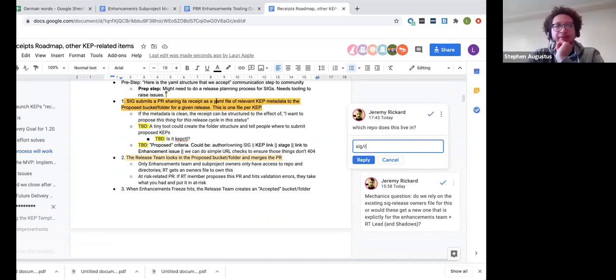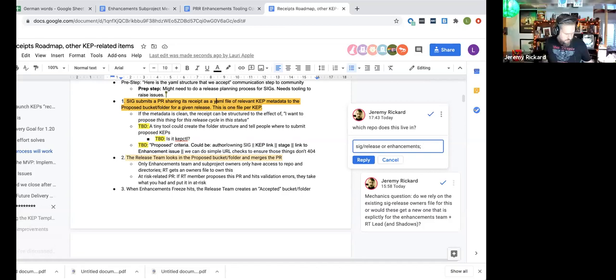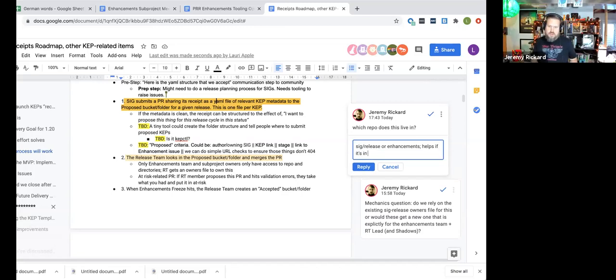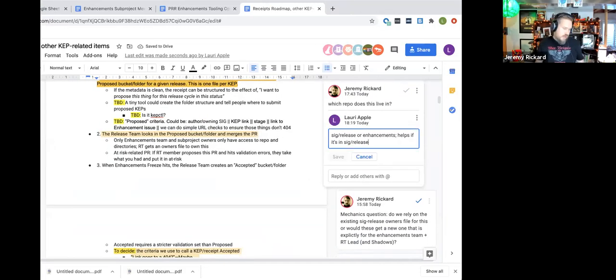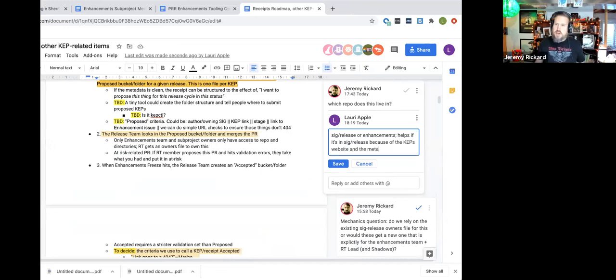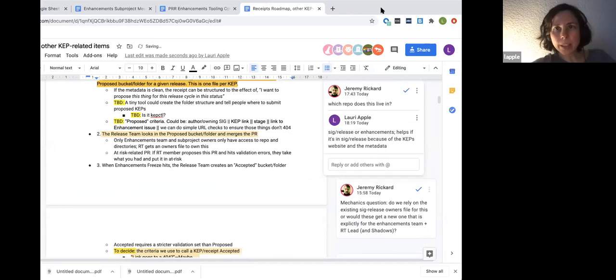So first part of that, if it lives in enhancements, it's easy because all of the stuff is already there. If it lives in SIG Release, this is kind of an added benefit, especially if the release website is already a thing, because then you can use the metadata to generate additional bits for the release. Yeah, I think the rest of the stuff that we discussed was addressed as we were talking, and everything else, as we come across things, we'll make educated guesses and circle back. Okay. All right, I think we're done now.